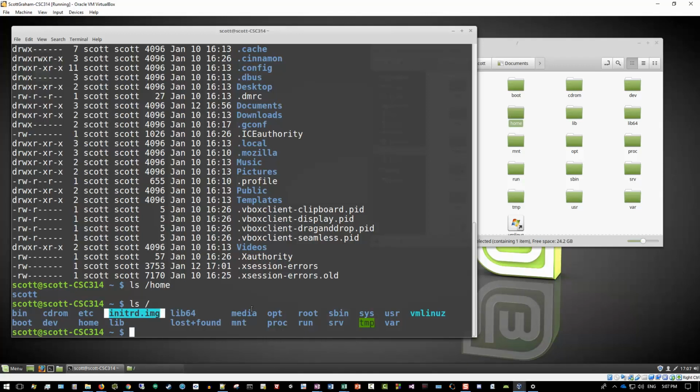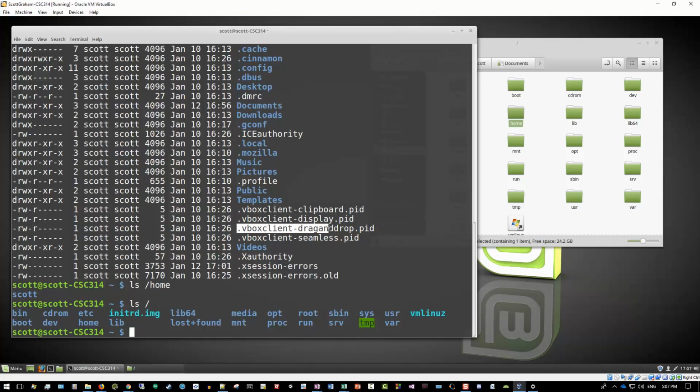Off the top of my head, I don't remember what the light blue or the background green with black text specifically refers to. Temp itself is another folder. I think it might just be highlighting it because it's a temporary folder, so it's giving it a different color there. But executable files will be in green text, and regular files will be in plain white text, as you can see